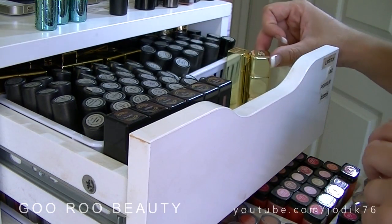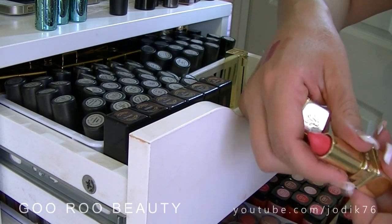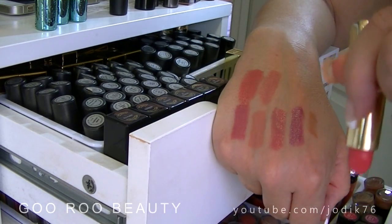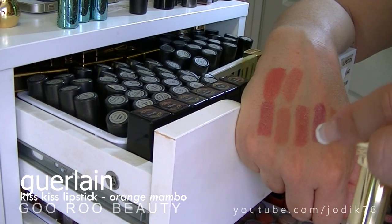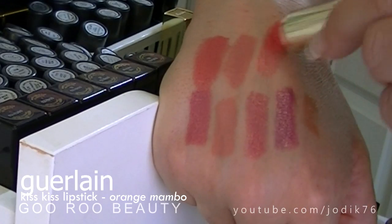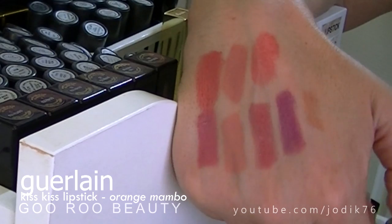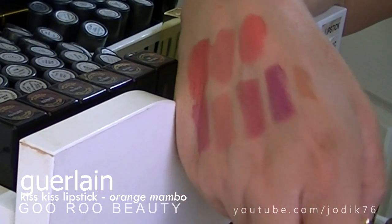I have a couple here from Guerlain. I don't have very many lipsticks from Guerlain, maybe 3 or 4 in total. These 2 are stunning. I don't know if they make these shades anymore, but this one is the Kiss Kiss lipstick in Orange Mambo. Really beautiful shade. Look at that. Oh, it just has a lovely finish to it. Definitely moisture and just a beautiful, lovely,